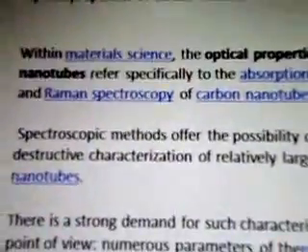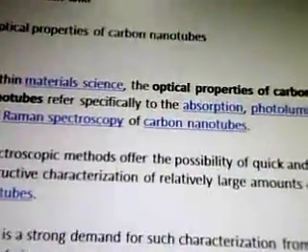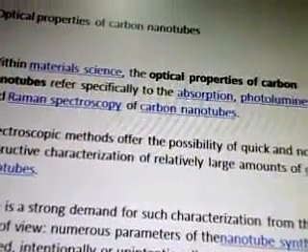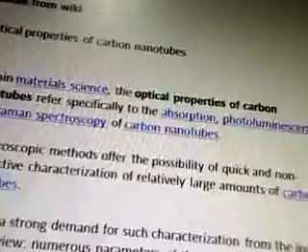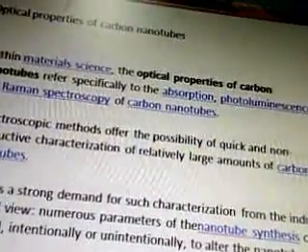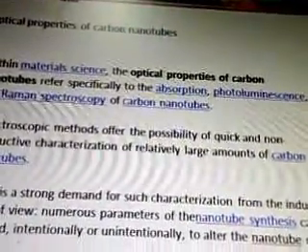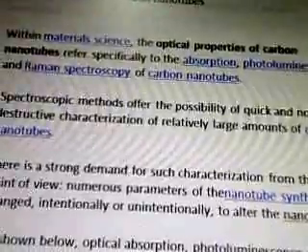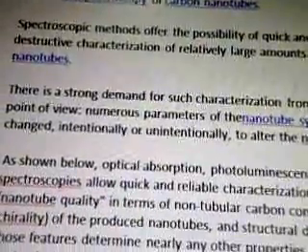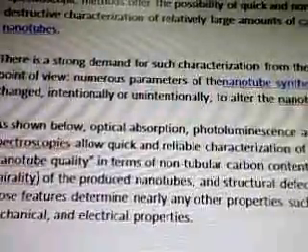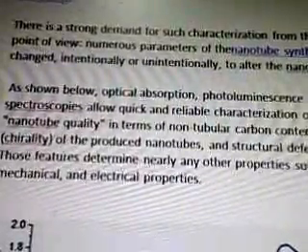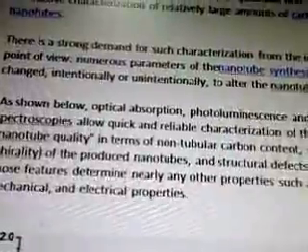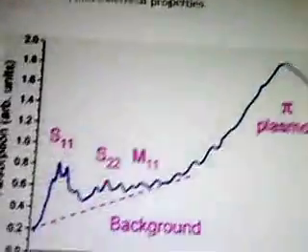Within materials science, the optical properties of carbon nanotubes refer specifically to the absorption, photoluminescence, and Raman spectroscopy of carbon nanotubes. Spectroscopic methods offer the possibility of quick and non-destructive characterization of relatively large amounts of carbon nanotubes. There's a strong demand for such characterization from the industrial point of view. Numerous parameters of the nanotube synthesis can be changed intentionally or unintentionally to alter the nanotube quality. So it shows how to do that. There's a graph there